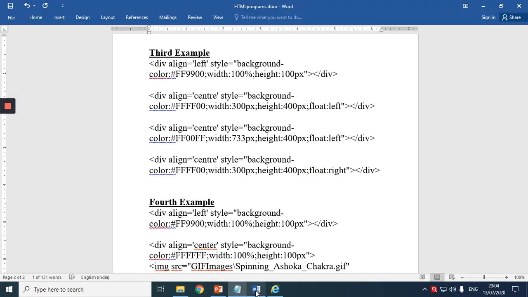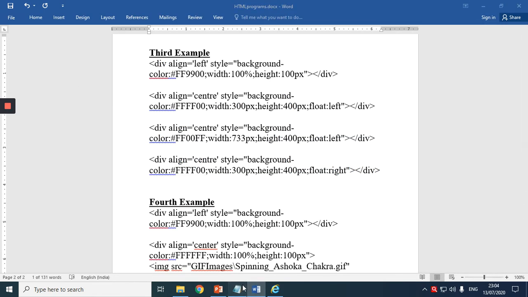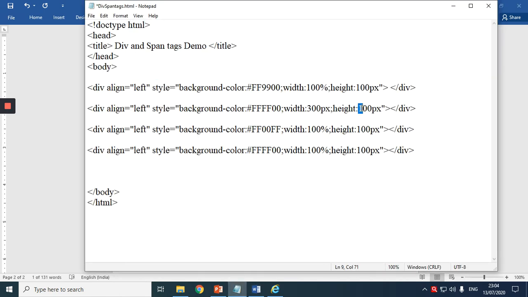Now to this, I will apply height and width in terms of pixels and show you. Or I'll just change the properties and show you how it works out. So I'm applying height and width here. Here I'm applying width as 300 pixels and height as 400 pixels.